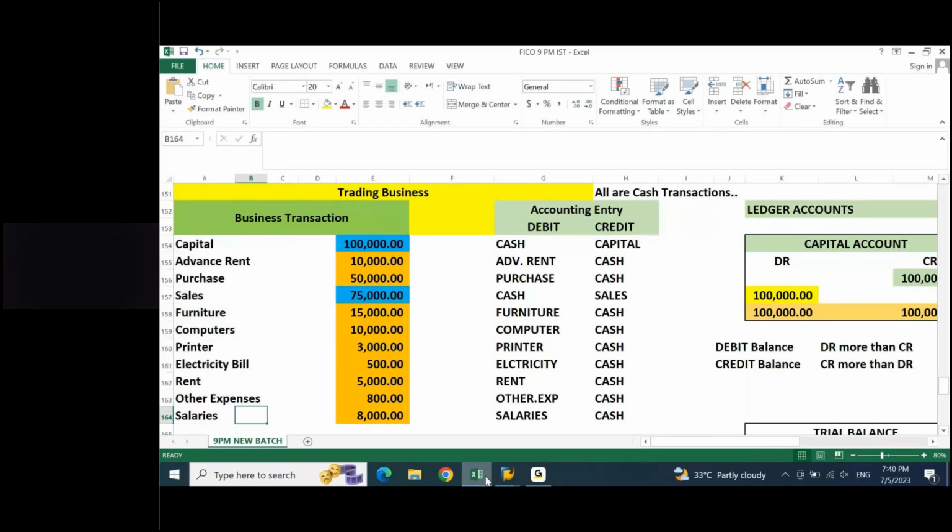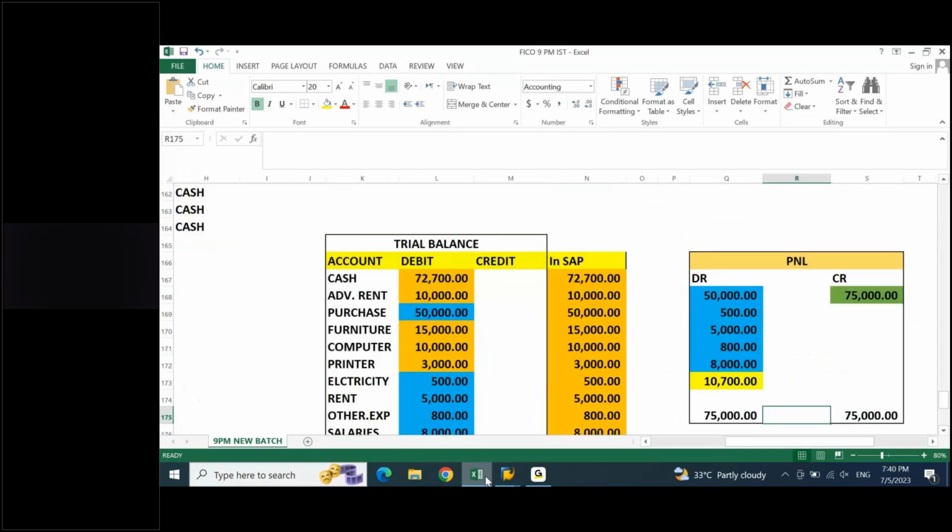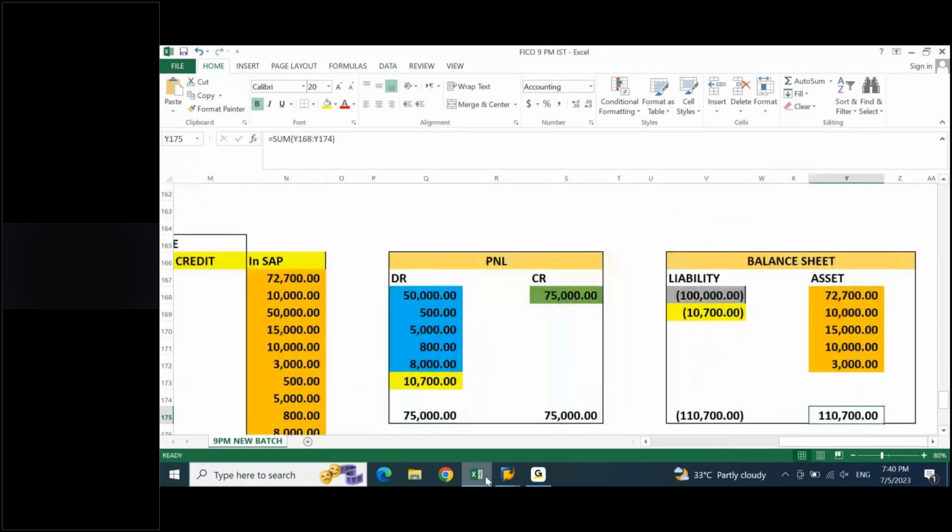We took our imaginary figures, we posted the accounting entries, we have prepared ledger accounts, we prepared trial balance, we prepared P&L, we also prepared balance sheet. We came to know that the accounting, the way it is executed manually, the way it is executed in any accounting application, whether it is SAP or any other, will remain constant, will remain fixed. If you know the basic accounting, if you are able to figure out what is your profit, what is your loss, what is your asset number, what is your liability number, the same number is what you are going to get from SAP or any other application.